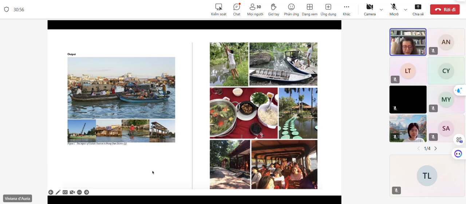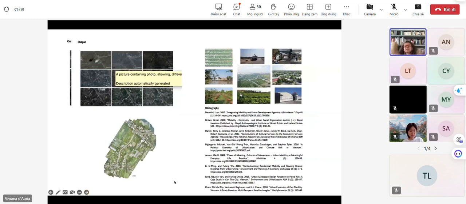Also because there's no accompanying text, the output is presented as such. And that's not particularly then easy for an outsider to kind of understand. Or in other cases, there's a kind of, again, a collection of images, and it says a picture containing a photo and showing differences. So again, there's too much on the page, and there's no reflection also on the output in terms of why then this output would be particularly meaningful to tackle and present your data.